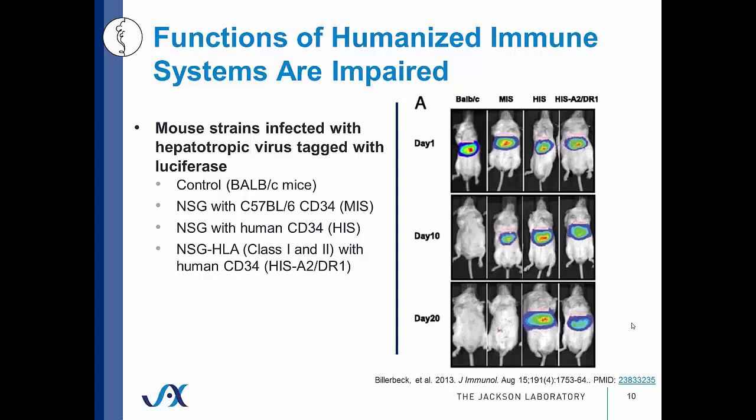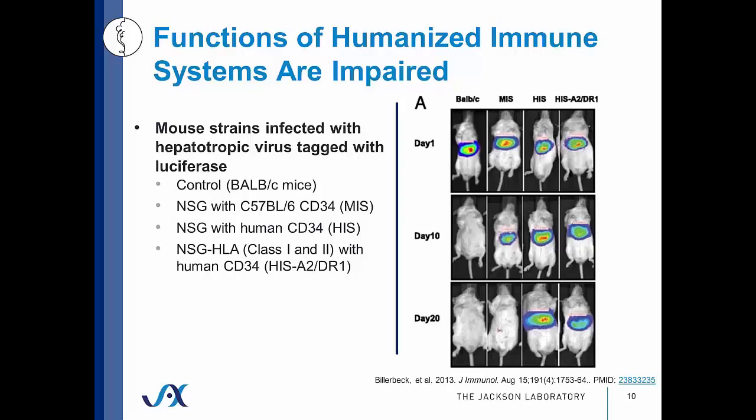As I mentioned, inbred mice have their own immune systems in their natural environment, and this can impact disease progression in some models. In this example, BALB/c mice, which are an inbred strain, were infected with a hepatotrophic virus tagged with luciferase, and they were compared to NSG mice that expressed a mouse immune system, NSG mice that expressed a human immune system, or NSG mice that expressed a human immune system that were also HLA restricted, and this increases T cell response. All of these strains were infected with this hepatotrophic virus tagged with luciferase, and luciferase expression was measured as an